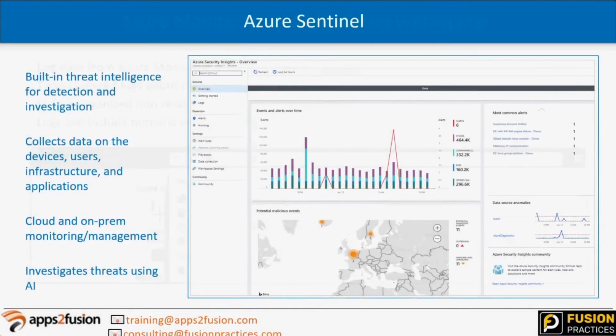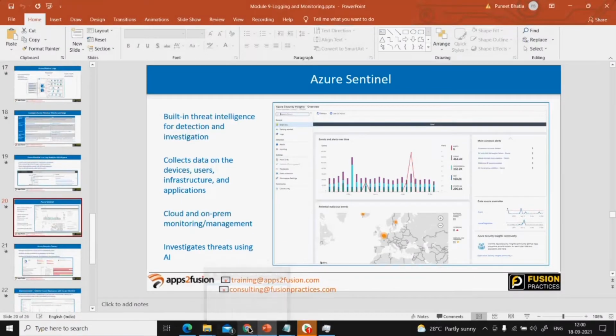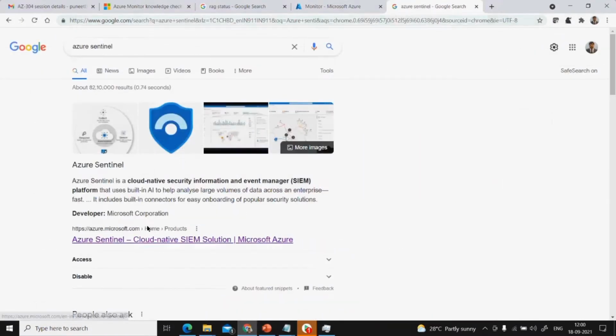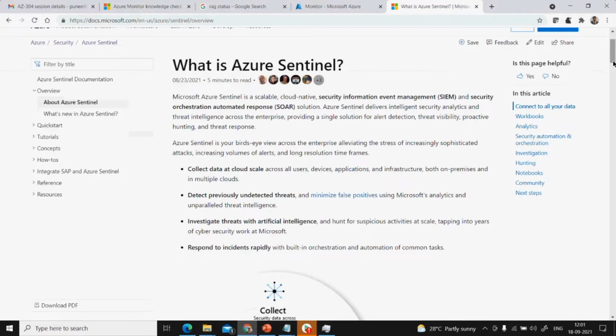This is also an important concept, Azure Sentinel. What is Azure Sentinel? Have you heard about Azure Sentinel? It is basically a security information event management and security orchestration automated response solution. So this is basically managing your security, and it's a security information event management tool. It's a scalable and cloud native tool,